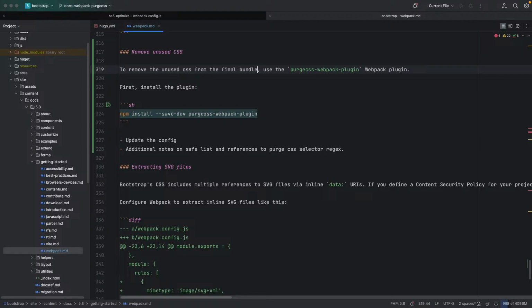Let's install the plugin like so, then update the config. So now we have to update the config. In order to do that, we have two options. Either we